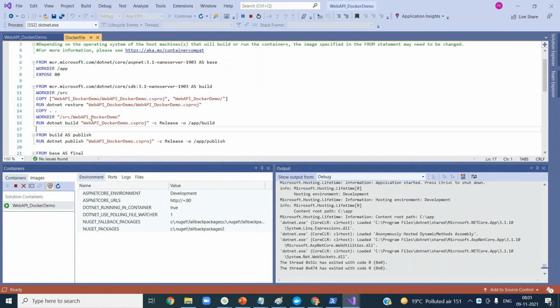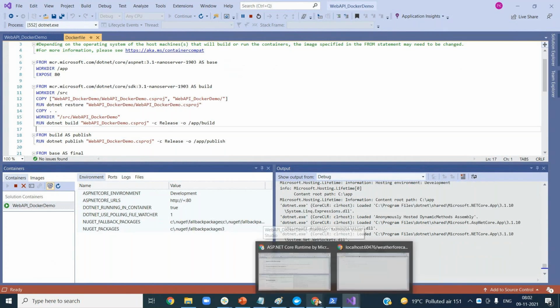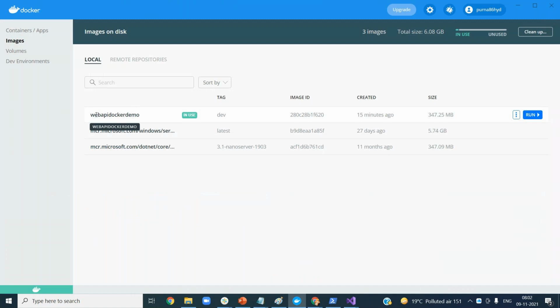So basically it has removed that underscore and created a web API docker demo. Okay, automatically. When we create it manually, we give the name as well. But this is automatic. You can see web API docker demo is created and it is showing in use. Okay, and this is the image ID, and this is the size of your application or container, 347. Okay, and it downloaded, you see